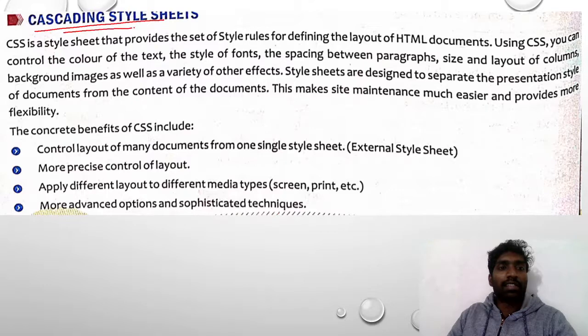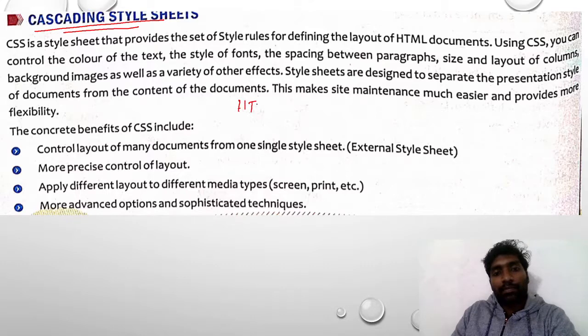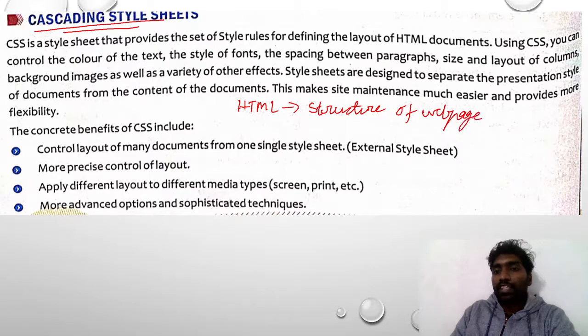Before going to CSS, once I am saying to you, HTML defines the structure of a web page, but CSS defines the design. HTML is just a structure, but CSS designs the web page, designs the structure.